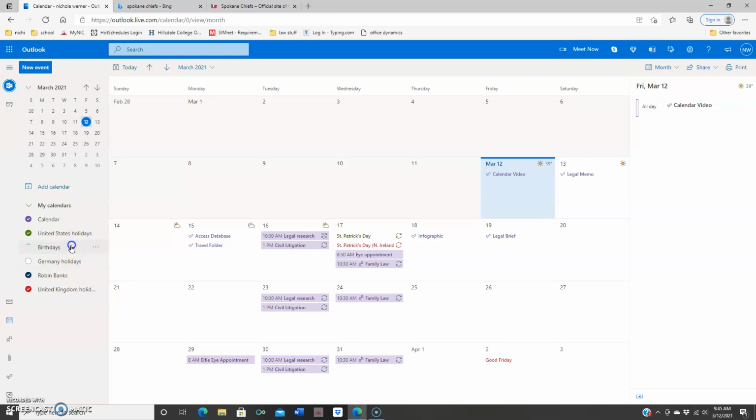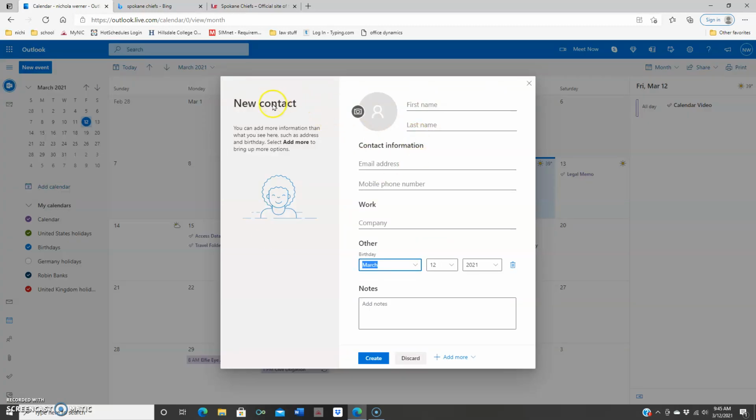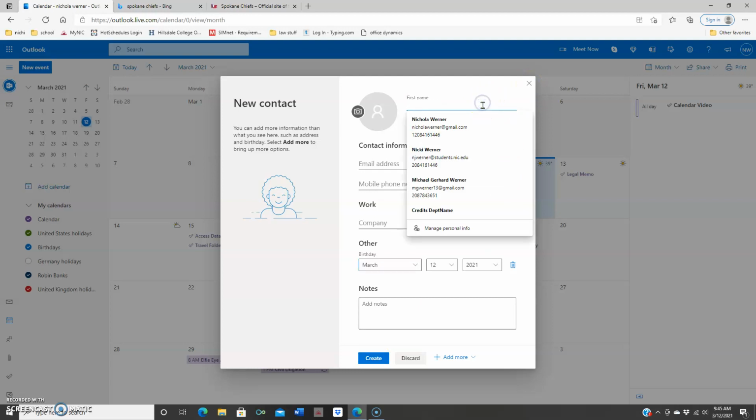Now you can also add holidays. I have a couple of holidays in here for Josh and Joyce. But to add a holiday, we hit new birthday. And then obviously if you have a contact, you can just add their birthday and create. Or you can put in their first, last name, their birthday, and create, and they will show up on your calendar. Let's see. So let's do